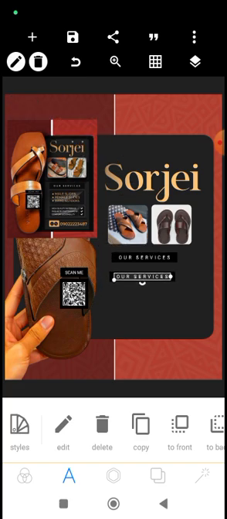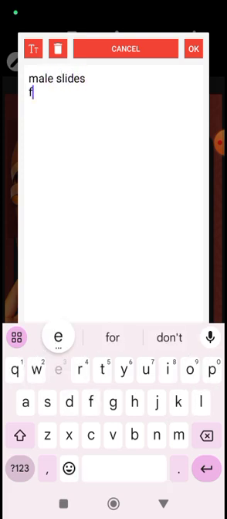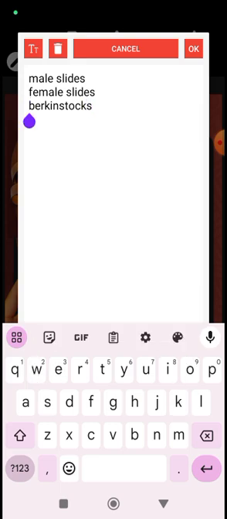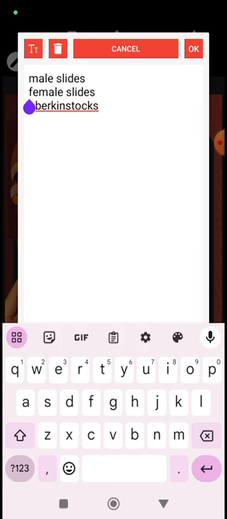Then male slides, female slides, Birkenstocks, right? Male slides, female slides, and Birkenstocks. I don't know if I got it, but make sure when you're doing yours, you get all the details right. Birkenstocks, female, push,